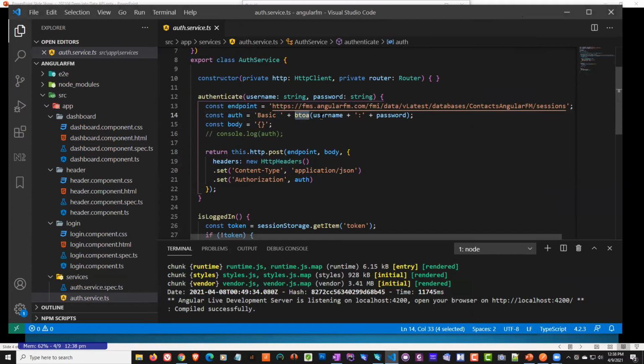So what's going on here? Well, I'm taking my incoming script parameter of username, and I'm concatenating. That's what the plus symbol is in JavaScript. I'm concatenating it with a literal colon, and then I'm going to concatenate the password, and all of that lives inside of my parentheses here, which is going to become base64 encoded, right? Then I've got my literal text here, basic with a space, and I'm just concatenating it with that base64 encoded string. So all of this put together is what I need, going back to the documentation,